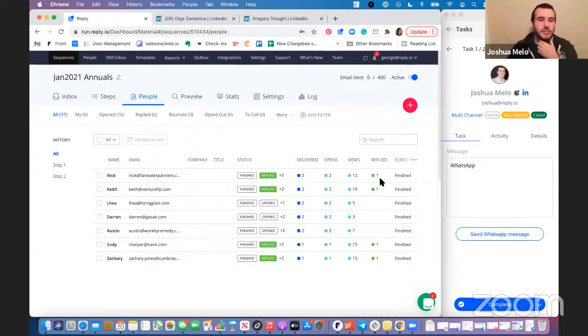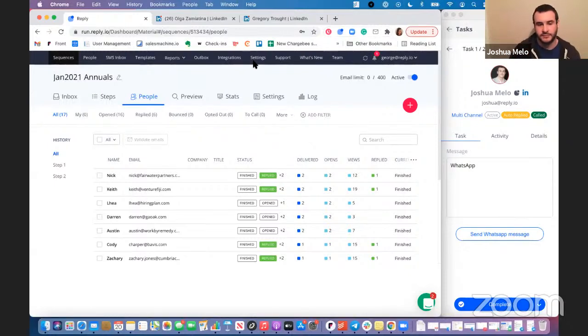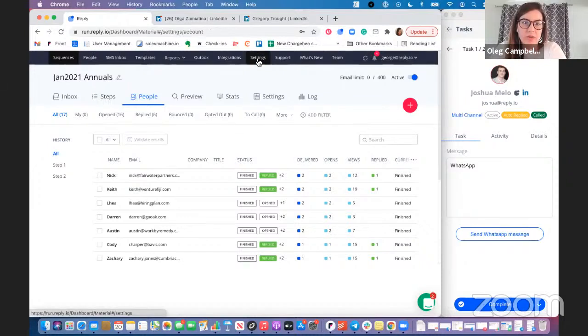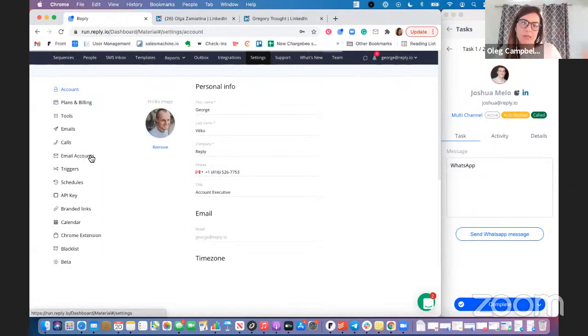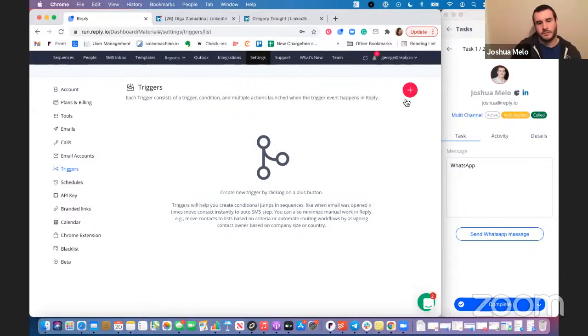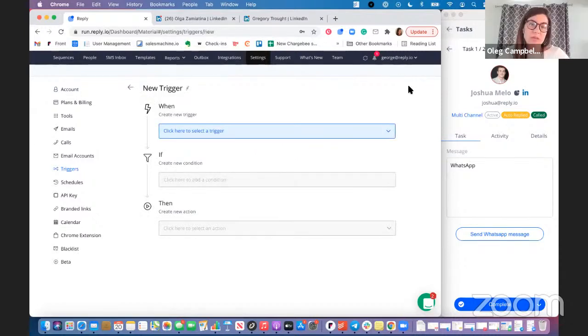Do you add the trigger as a step in the specific campaign, or does it automatically just apply to all campaigns? It does apply automatically to all campaigns, unless you specify a sequence in that condition section, in that little middle filter. Because if you take a look, that trigger is in your campaign settings. So everything in this black bar is account wide. That definitely would apply across your account. But like Josh said, if you go into triggers and work within those conditions and specify which campaign, then you should be fine.